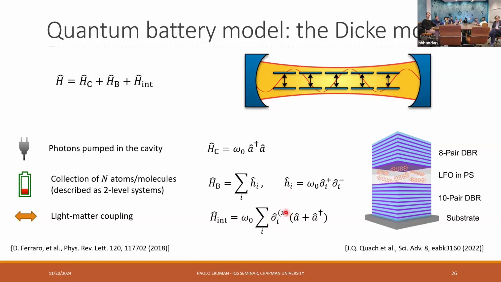And then in the interaction, all of the two-level systems are coupled to the same cavity mode. So the qubits don't interact directly with each other, but they're all talking to each other by the fact that they're coupled to the same mode. So you could have these collective effects because of this collective coupling here. So the only way they talk is through that.